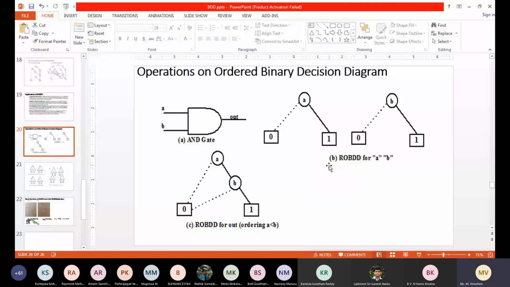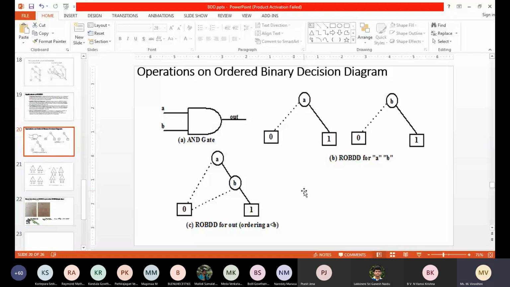Can anyone answer? Ma'am, instead of 0, we'll put 1, and instead of 1, we'll put 0. Yes, all the other things, the connections and all, will remain the same. Just change 0 to 1, and change 1 to 0. Is it clear, students? For any function, how do you draw the complemented ROBDD? The intermediate nodes, root node, connections, connections to leaf nodes, everything will be the same. Only one change: in the leaf nodes, change the 0s to 1 and the 1s to 0.